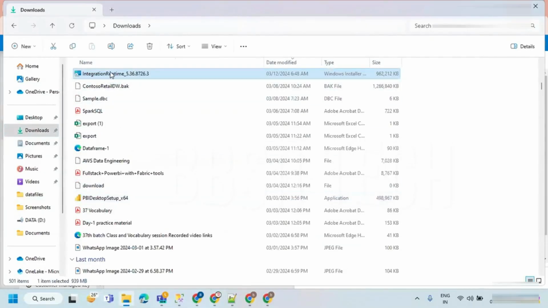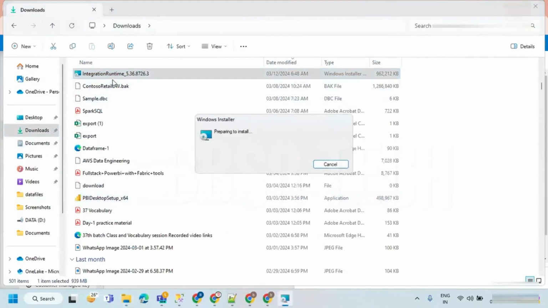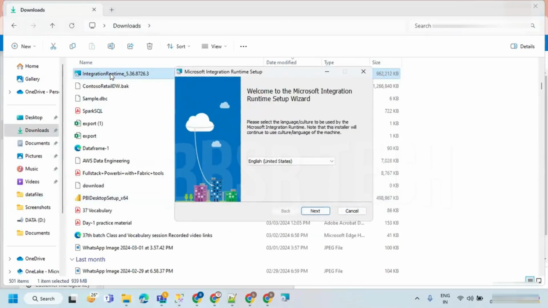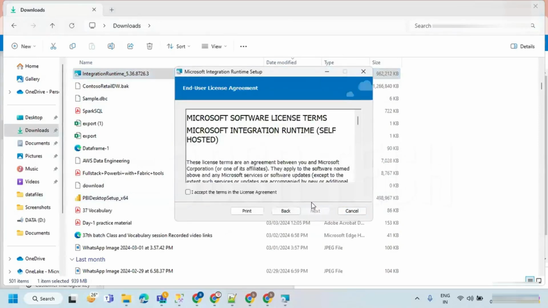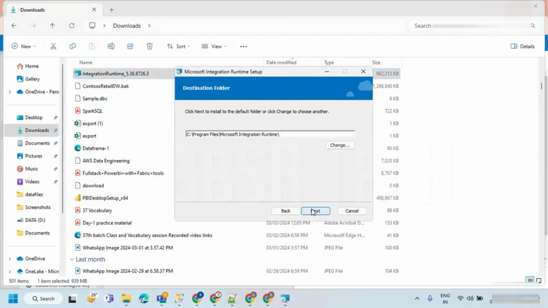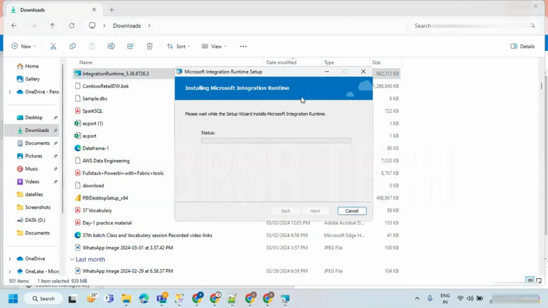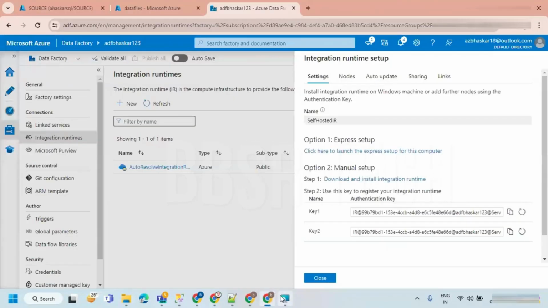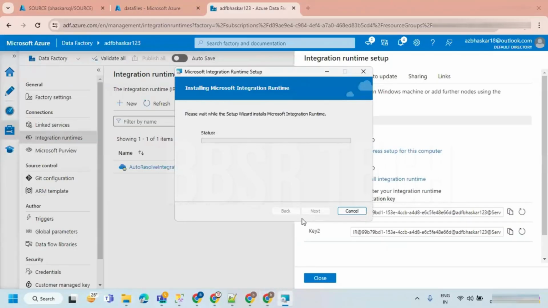Just double click on the integration runtime. Once it is downloaded, you'll have it like this. Let's go to the next. Accept the license terms. Next. Next, and install. It's very simple to install. It will ask yes or no; just press yes to go for installation.